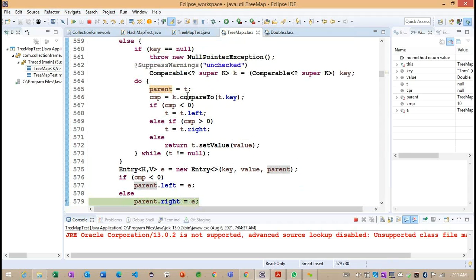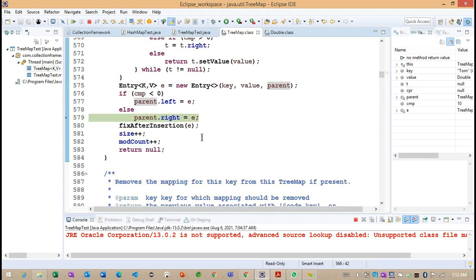Where is this particular CMP coming from? Based on this particular compareTo. So what is this compareTo method doing here? This compareTo method is trying to sort the elements here. Basically it is comparing. If one key is greater than another one, we are going to get a greater value, and if one key is less than another one, we are going to get a negative value. If both keys are equal, we are going to get a 0. Getting the point? So based on this particular integer value, we are going to make left or right here.